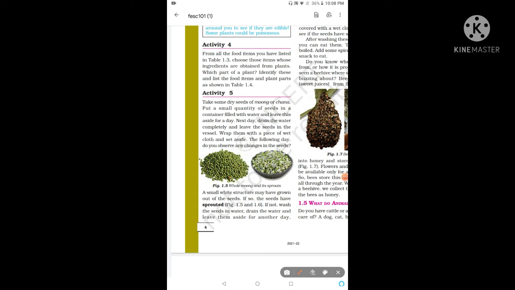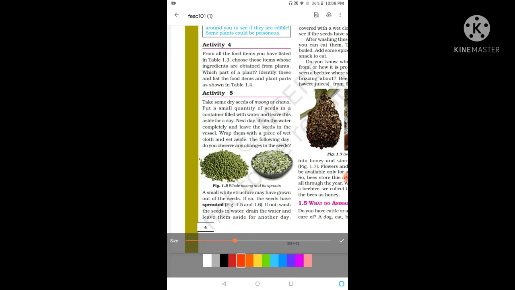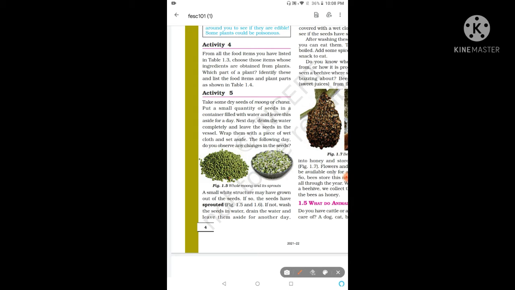You have to take seeds of moong or chana and then put a small quantity. Use less quantity of seeds, right? And then put a small quantity of seeds in a container and then fill it with water and leave this aside for a day. Means leave it for 1 day,